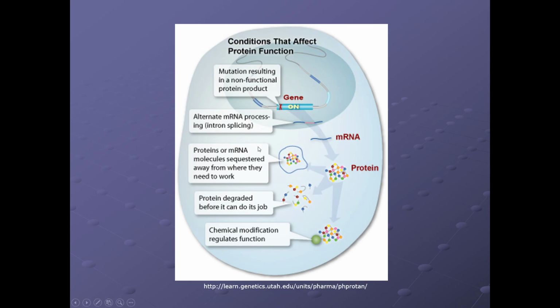So they can be sequestered away from where they need to work, they can be moved around, and they can be degraded before the protein is actually being made, especially with mRNA being as unstable as it is. It is a very common mode of regulation. And then ultimately, once the protein is made, even if your mRNA got converted to the protein, let's say in a 1-to-1 ratio, or you know exactly what that ratio is, and you can convert the levels of mRNA into the levels of the proteins eventually, so that issue is out of the question,